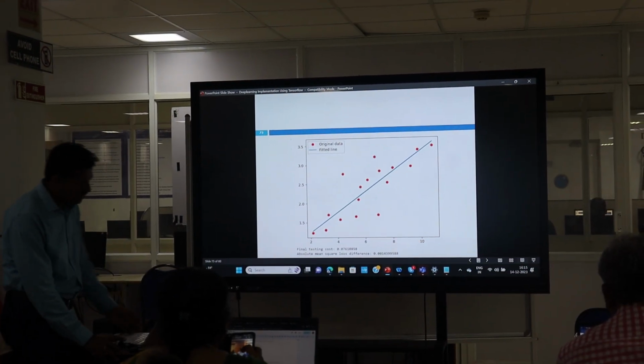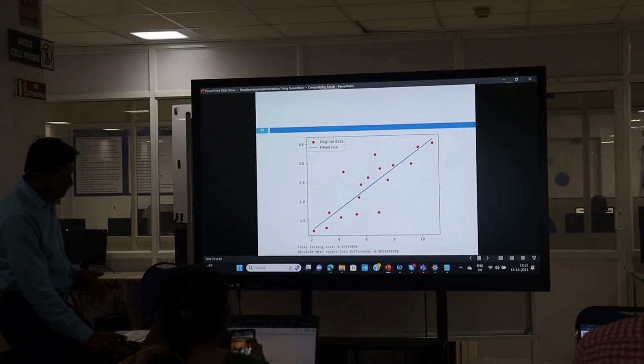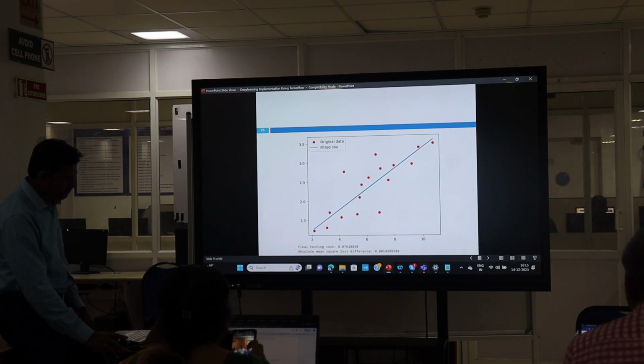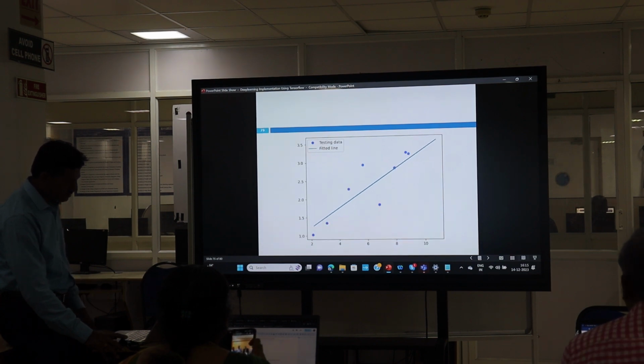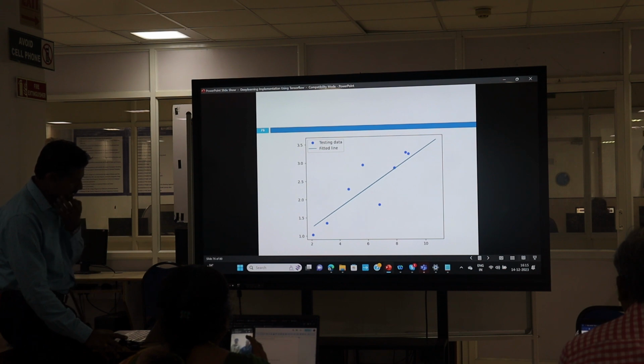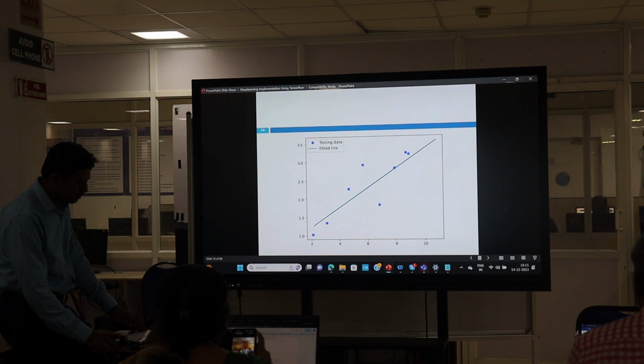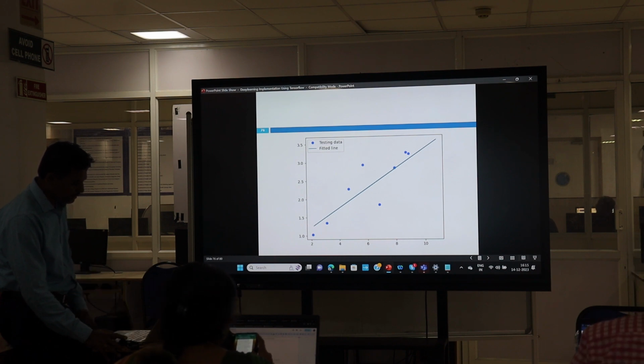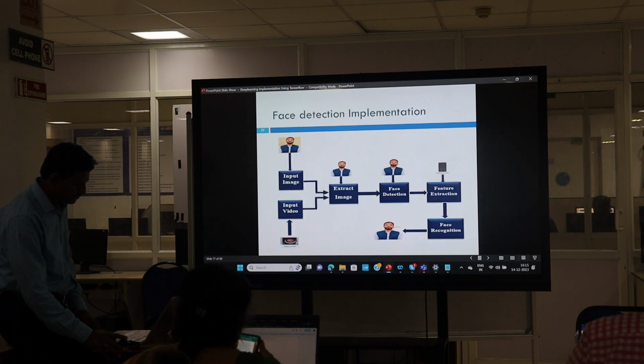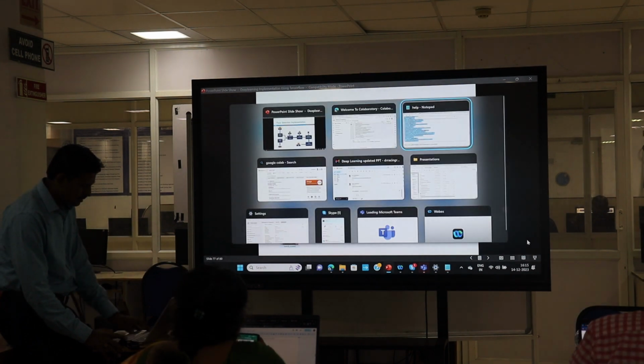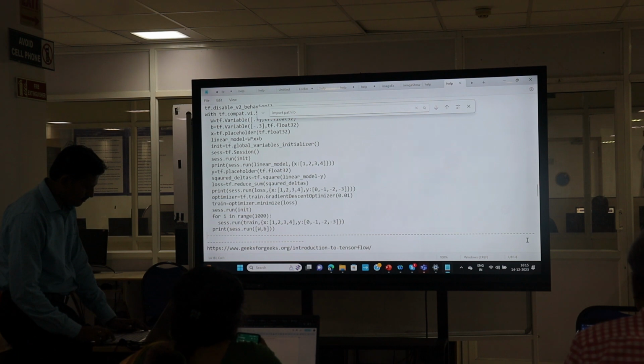After the linear model optimizing function, this graph will be generated. The sample program is already shared with you. You can execute it and check whether the program runs, and based on the output, you can match and understand this. I am also trying on my side.